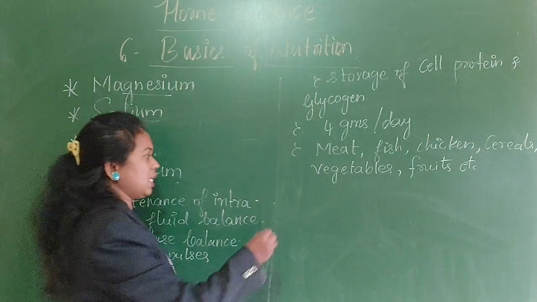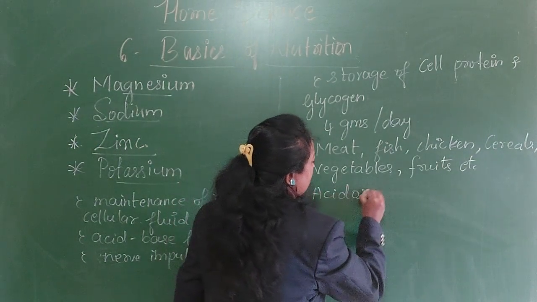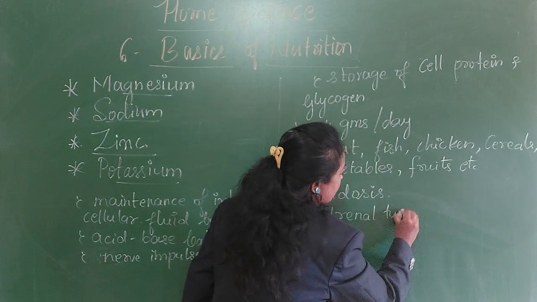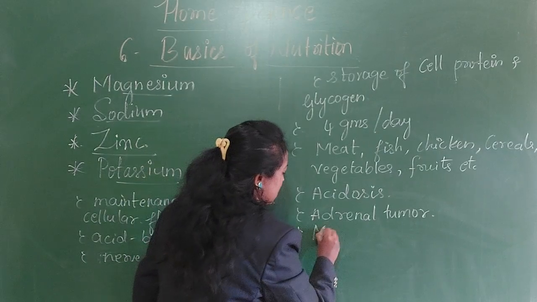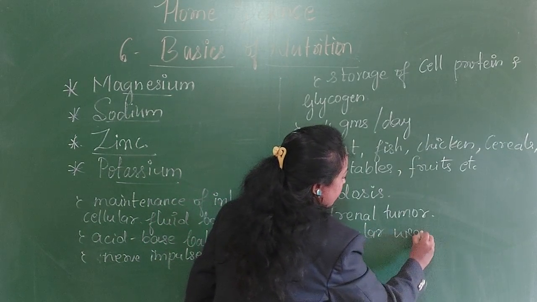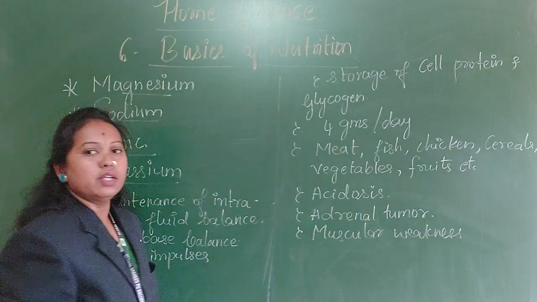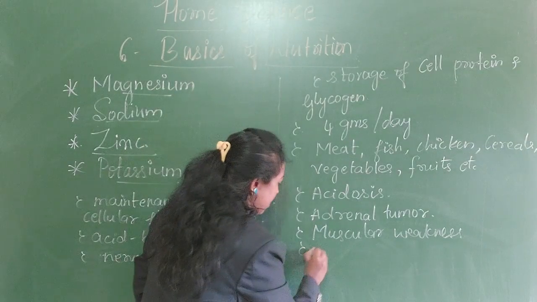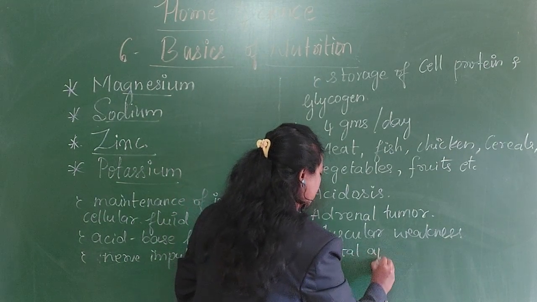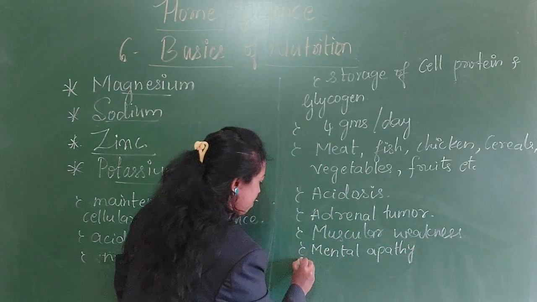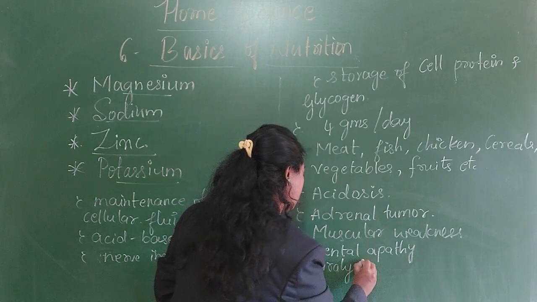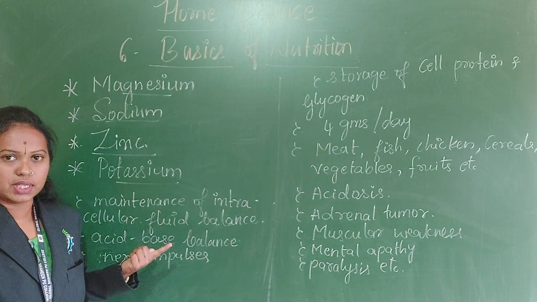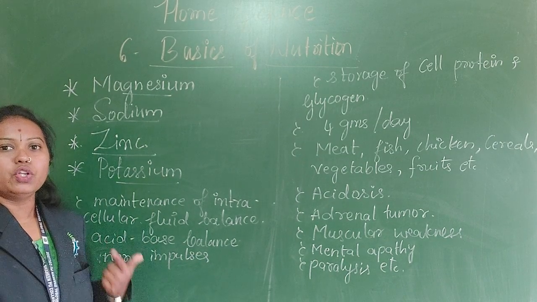When coming to the deficiency, it is acidosis, adrenal tumor, muscular weakness and mental apathy, paralysis, etc. So potassium is a vital trace mineral which is required by the body to perform numerous important